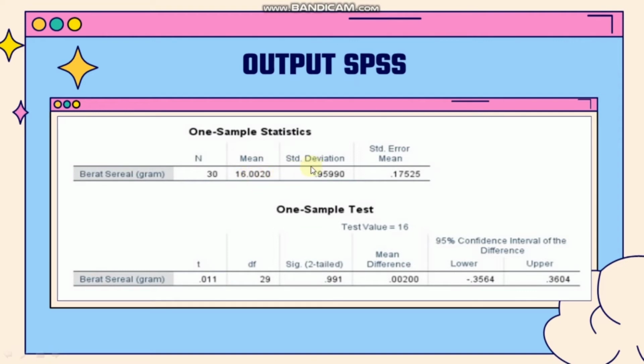16.0020, and standard deviation we get 0.95990, and the value of standard error mean is 0.17525. From the one sample test, we get t is 0.0911, and the value of df we get 29, and two-tailed significance we get 0.91, and for mean difference we get